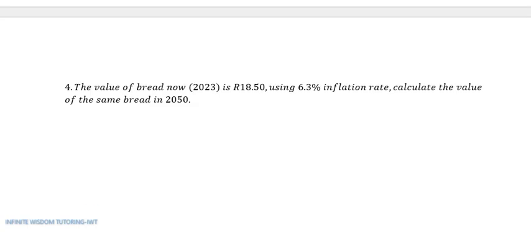Let's look at the last question. While reading it, it says the value of bread now in 2023 is this much. By just seeing the inflation rate, I know that the equation is the compound interest equation, which is A equals